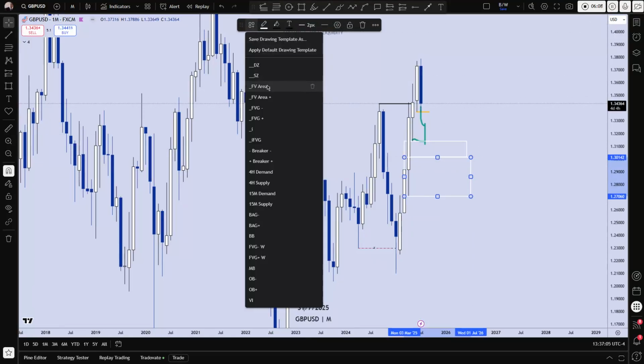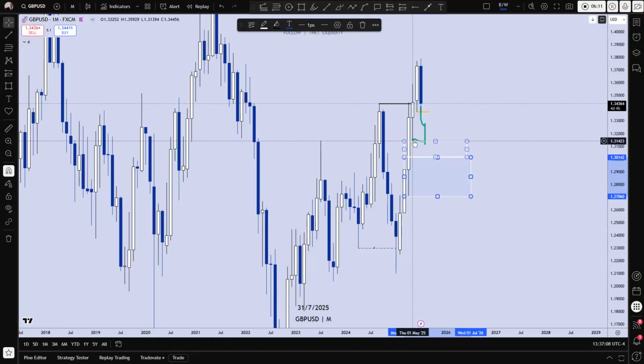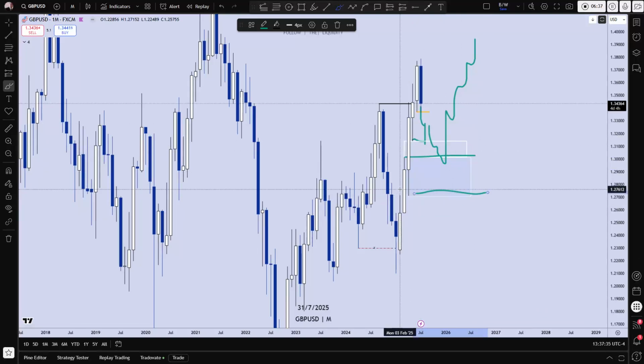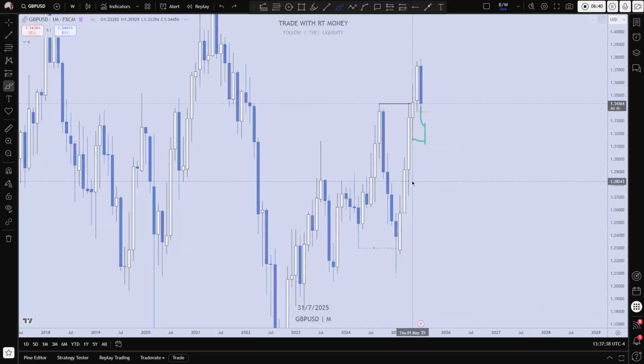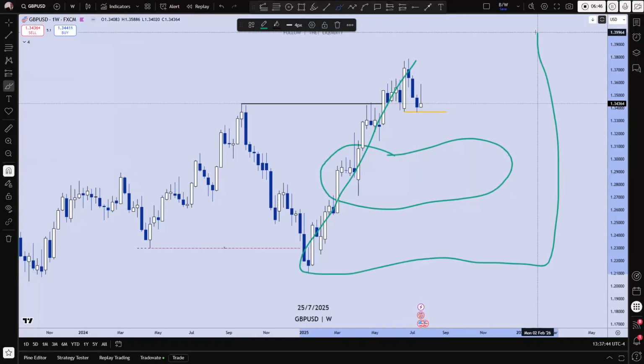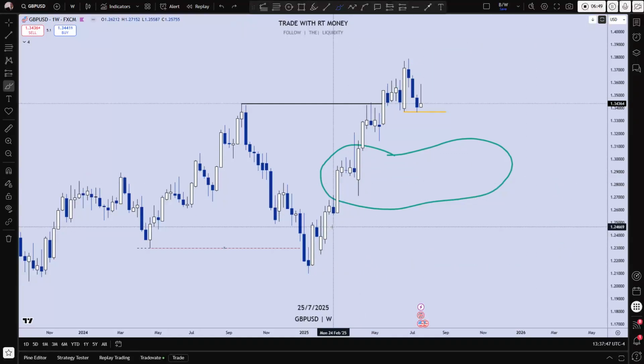The way I like to look at it is this low here can be an inducement for price to push down to that liquidity low right above an area of demand, to take that liquidity low as a draw on liquidity, and we can take it down to the demand area, and we can see a higher probability trade to the upside. That would happen right around that 50% area of this trading range. You understand? Right below it. That's what we're trying to get to.